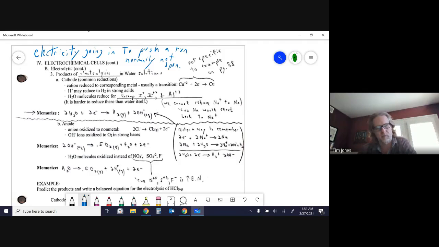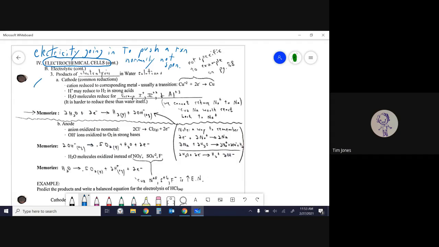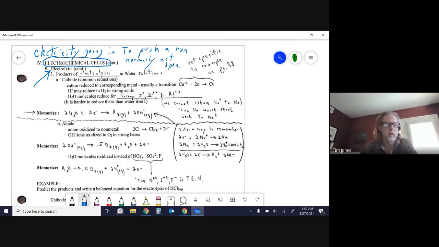So the fancy name for a battery is electrochemical cell. The fancy name for going backwards or charging a battery would be electrolytic or electrolysis. And so what we need to look at, and this is just going to be one page of notes,